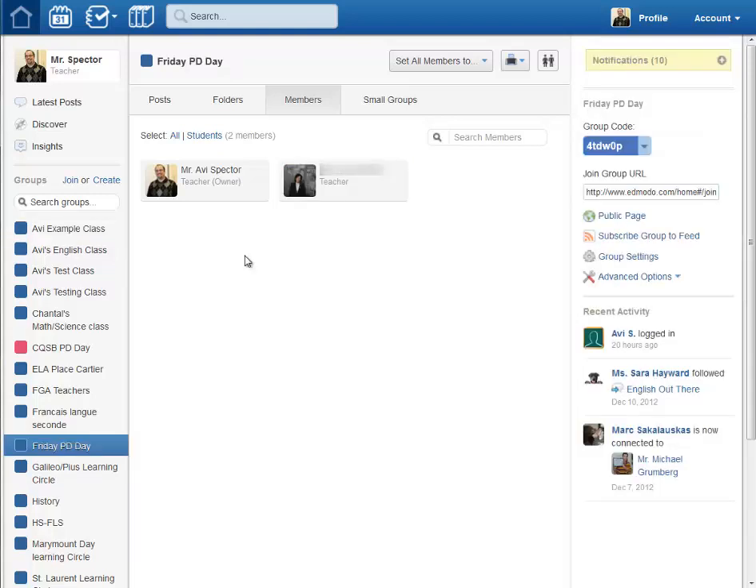Now, when we're talking about permissions, it's not just limited to students. You also have permissions that you can change of other teachers if you happen to be the owner of the group. The reason you'd want to do that is if you are working with someone else and you want to give them more access to maintain the group, you can make that fellow teacher into a co-teacher. So over here, I'm just going to click on this teacher,